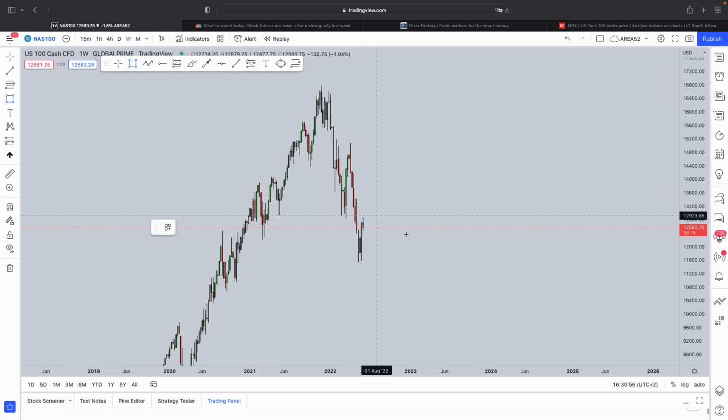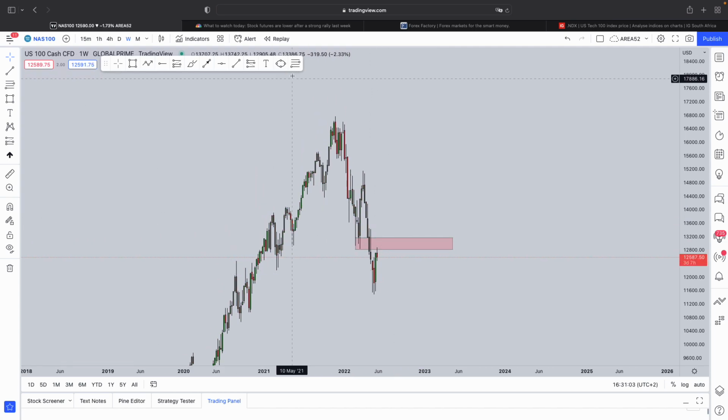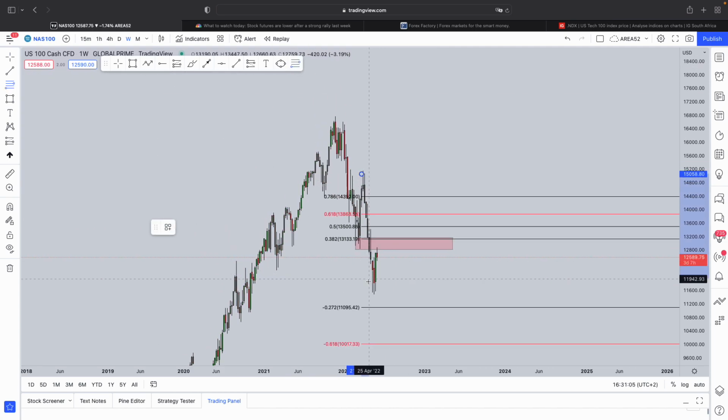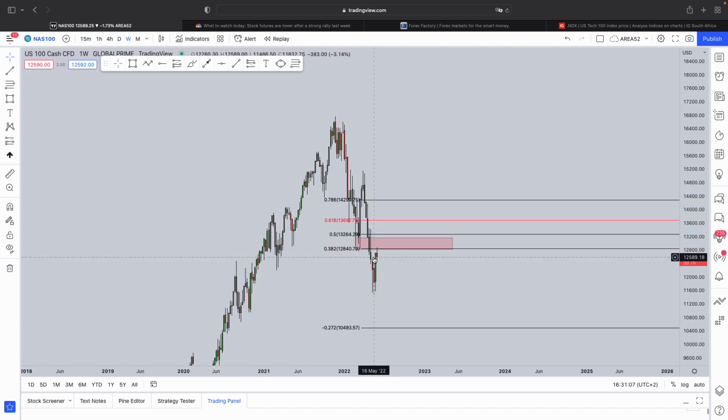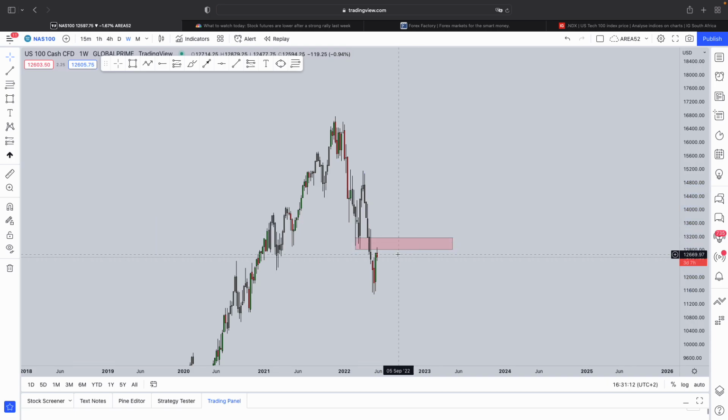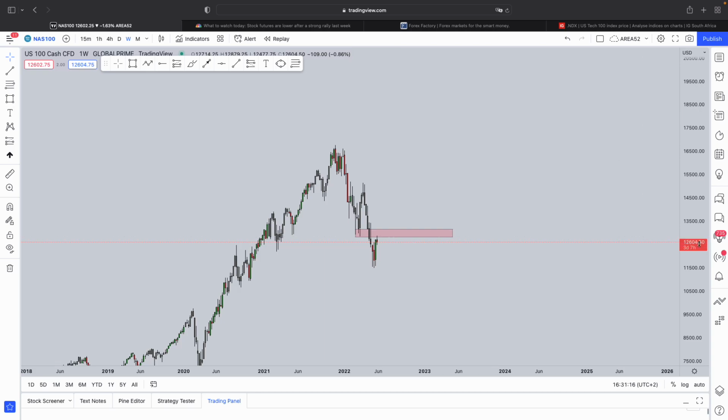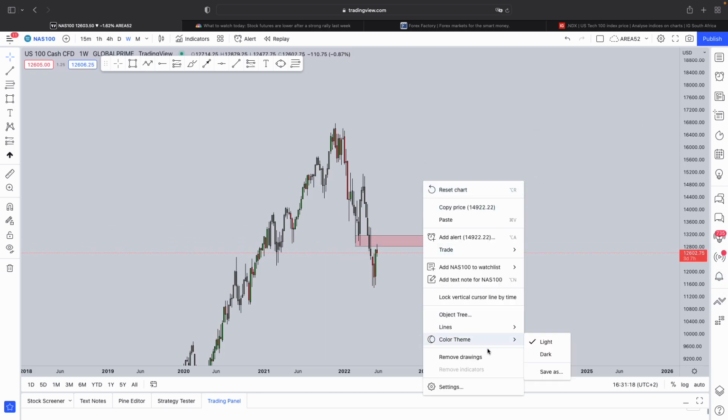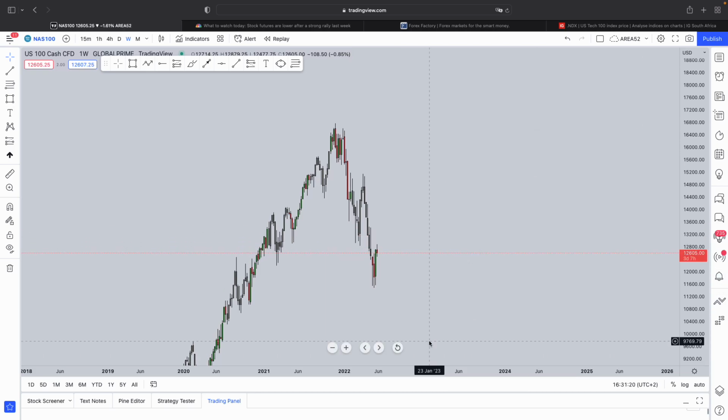Now here on the weekly time frame, we have this massive impulse, we have this correction, and we have the confluence of this level of support that got broken and is now testing as resistance. If you take your Fibonacci from the high to the low, we can see we have the 0.382 pullback. Because the market is rejecting this from a weekly perspective, it gives us an indication that the downward pressure is quite strong and it is highly expected. However, that's all dependent on what kind of fundamental data is released between tomorrow and the NFP data that's coming